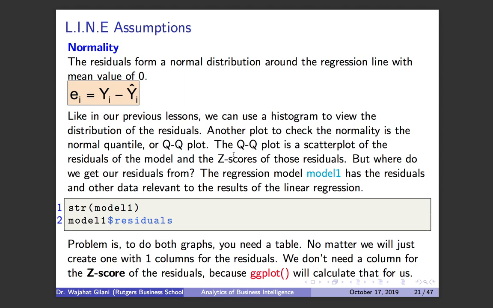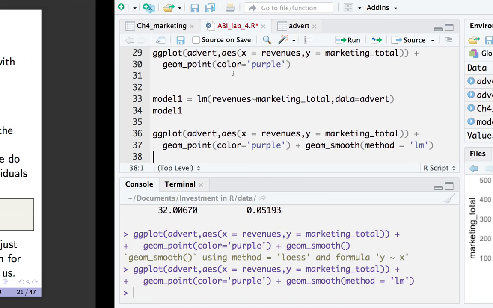The model we made, regression model 1, has all the data we need in it. It obviously has the residuals. How do we get at it? If you run the str command on it,